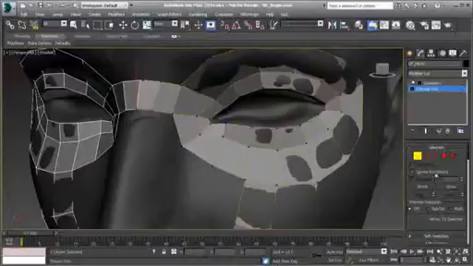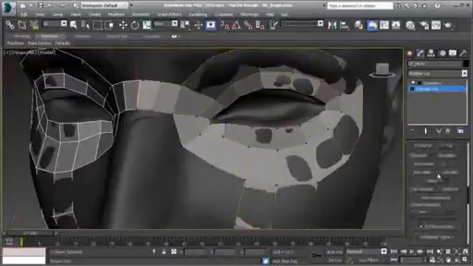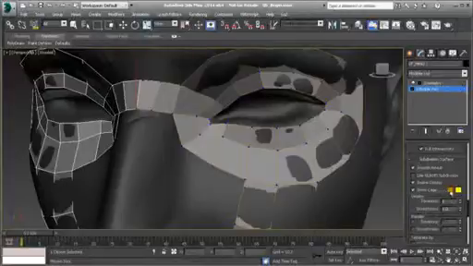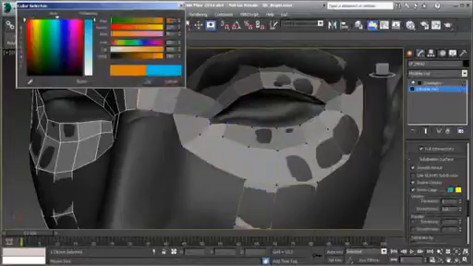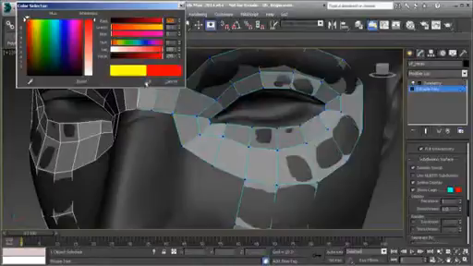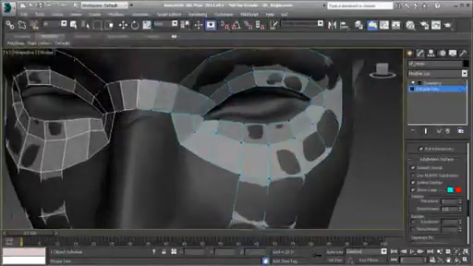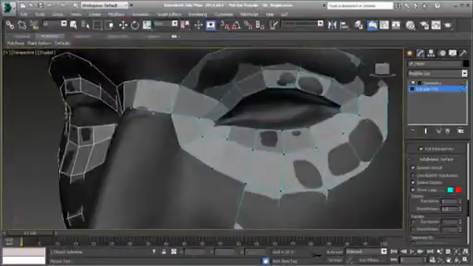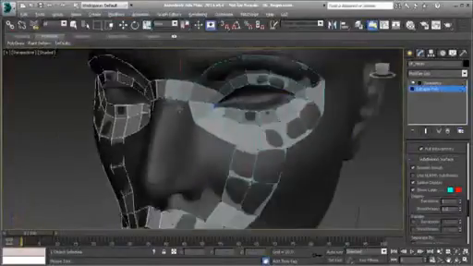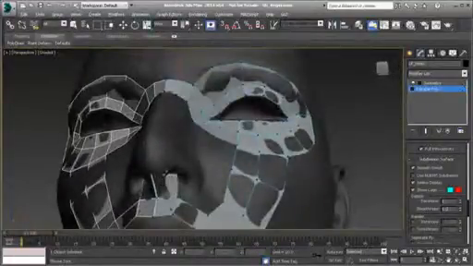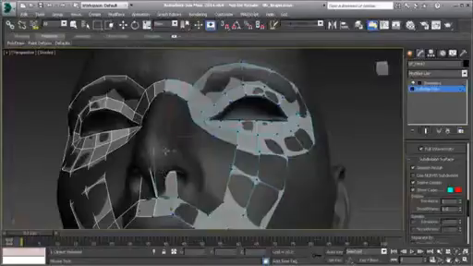Okay. Now from here, what I'm going to do is I'm going to hold down Shift, and I'm going to start dragging up this edge all the way around, even up across the nose and things like that. And I don't care if it's missing parts of this, if it's not looking that great. I'm not worried about that just at the moment. I'm just trying to get this strip right across the nose. I'm going to hold Alt and Control and go from this edge to here. And then I can come in and I can start to straighten up these vertices a little bit, just kind of bringing